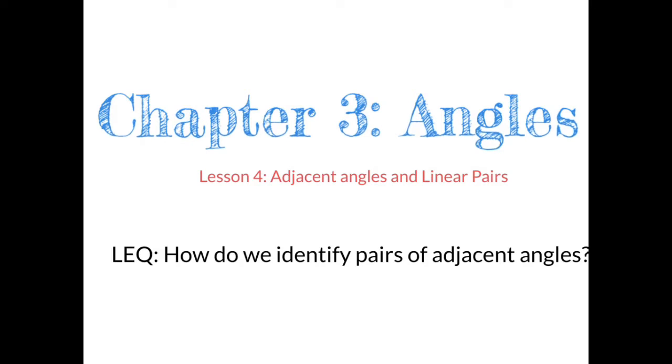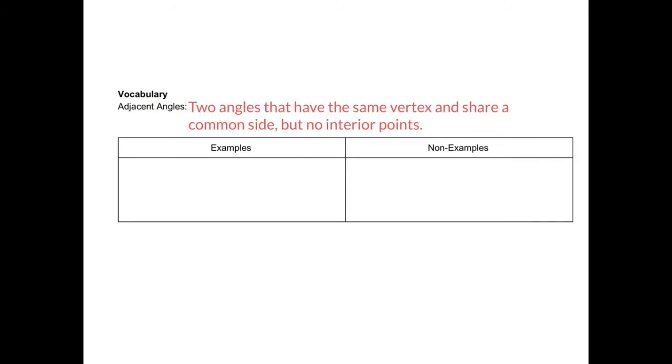Welcome to the video on Chapter 3 Angles, Lesson 4, Adjacent Angles and Linear Pairs. By the end of the lesson, we should be able to identify pairs of adjacent angles. By definition, adjacent angles are two angles that have the same vertex and share a common side but no interior